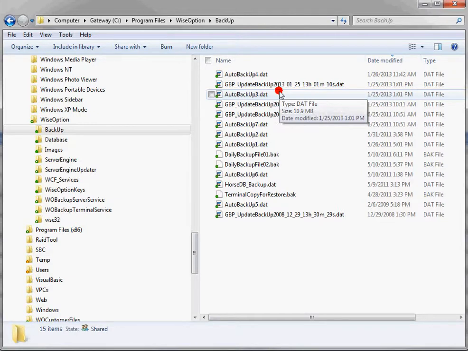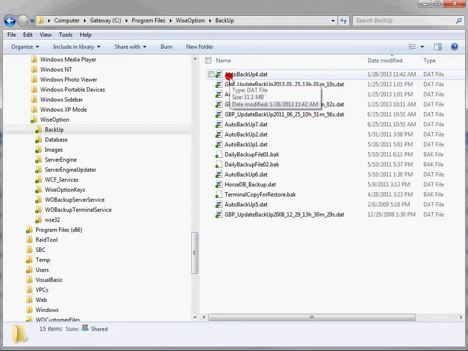If Carbonite is backing up your files, you should find green dots by the icons of those files that should be backed up. All your files with extension DAT or BAK should be backed up, which are your auto backup files as well as your go back point files. If those files do not have any dot, or if it is orange, red, or no dot, then you should